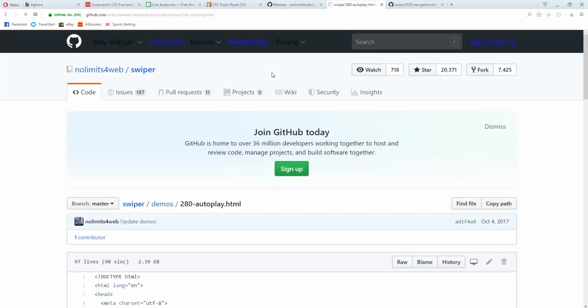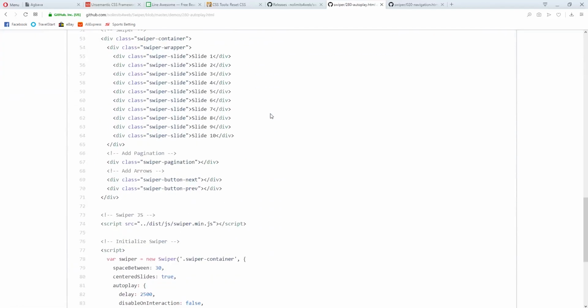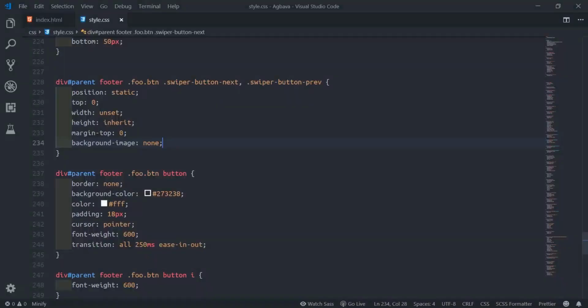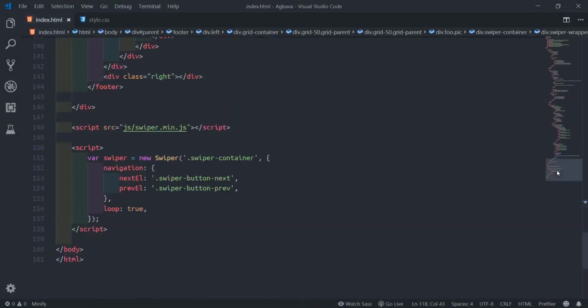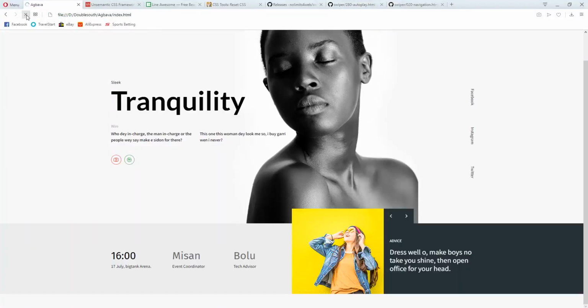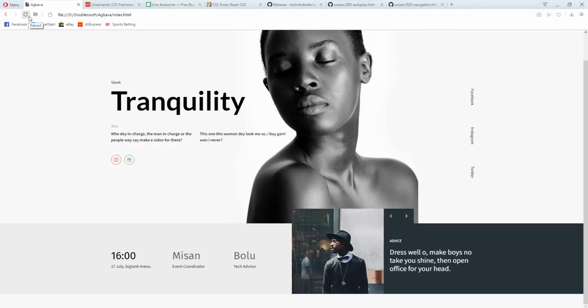So if you see source code now, what we need here, we need this one now. So you see autoplay now. So I'll select this one, Ctrl C, and I'll copy paste now for here. Autoplay. After the loop. Okay. So 200 milliseconds. So when we fast forward now, if we just say like 500 milliseconds, now I think we should see the speed in here. You see, like that.